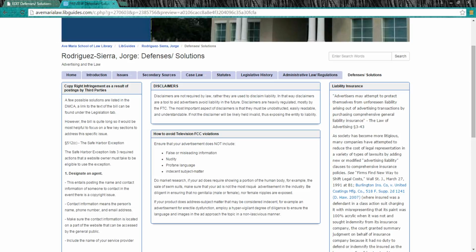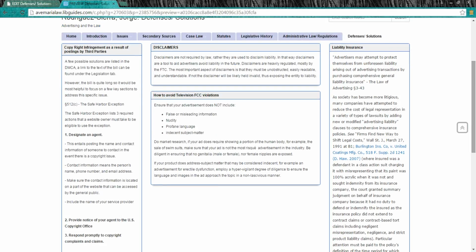And then finally, the last solution that I would have for advertisers is liability insurance. And I got this also from that treatise. Advertisers may attempt to protect themselves from unforeseen liability arising out of an advertising transaction by purchasing comprehensive general liability insurance. And this is another great way for advertisers to protect themselves, and especially if they have a product that is a little more scandalous or risque, if they sell lingerie, or erectile dysfunction pills or something like that, which